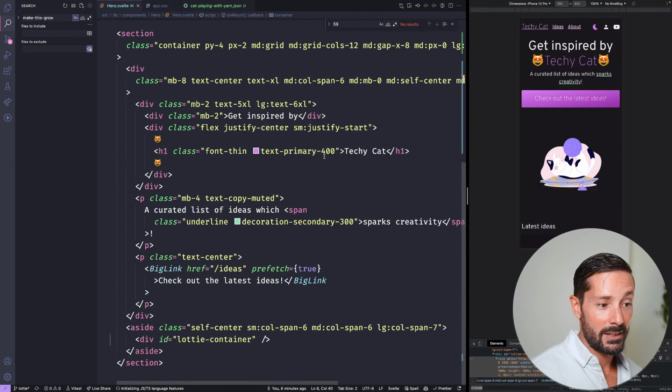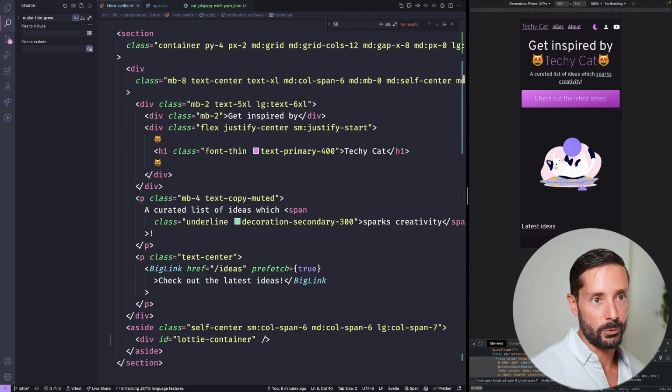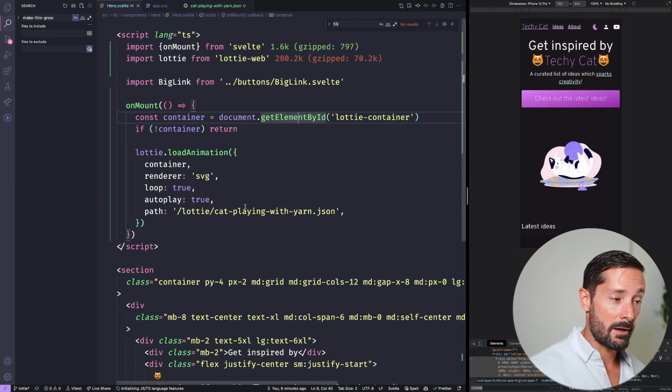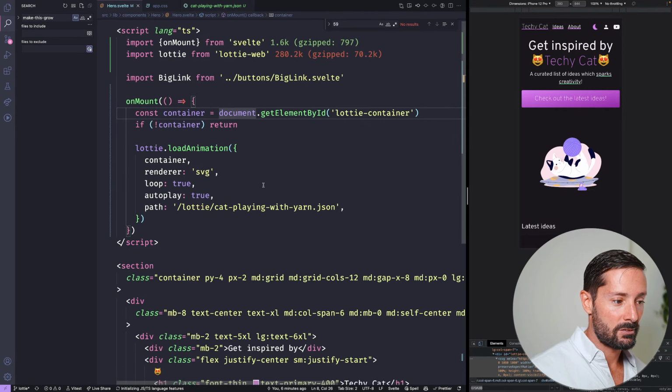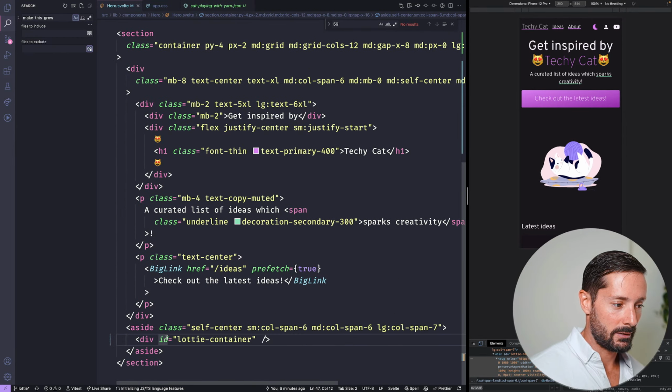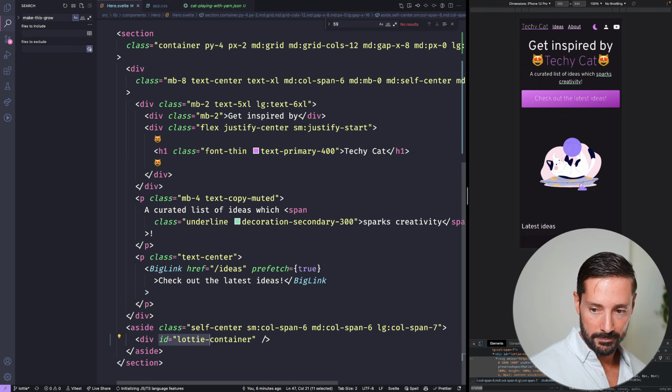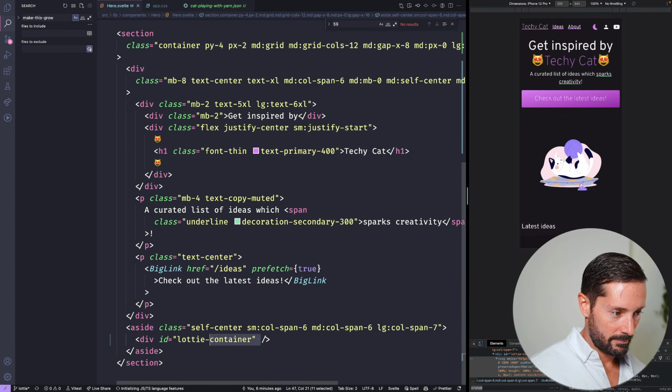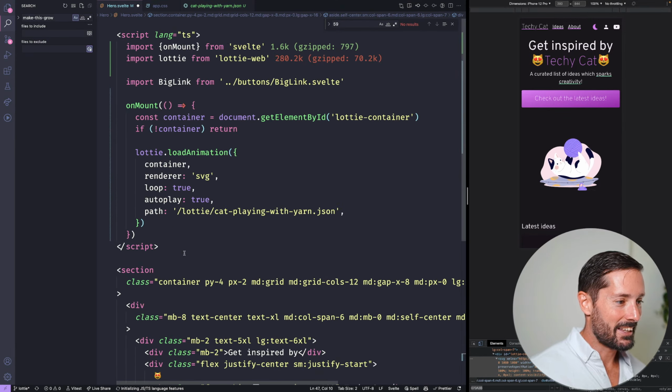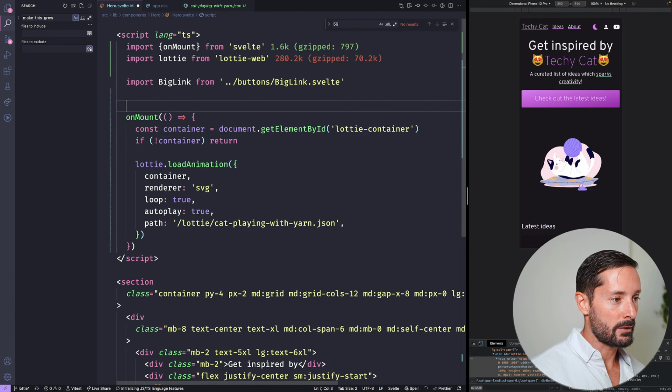Instead of using IDs, in case you want the animation to appear in multiple places, for example, if we do it for the star animation, a way to do it more Svelte-like is to not give this element an ID, but bind it using Svelte to an element. So we can say let animationContainer